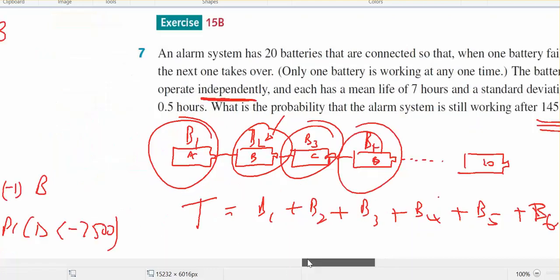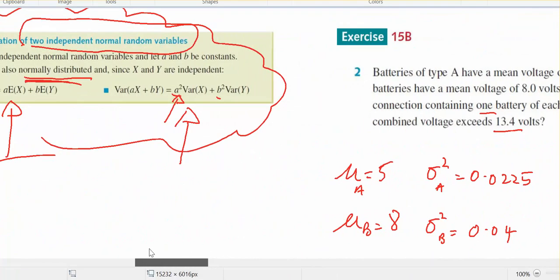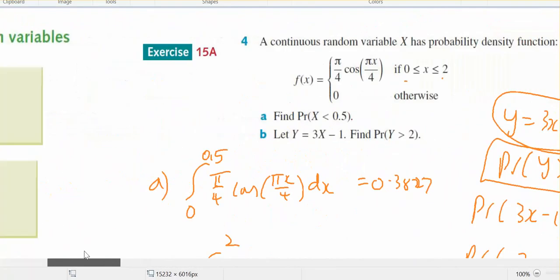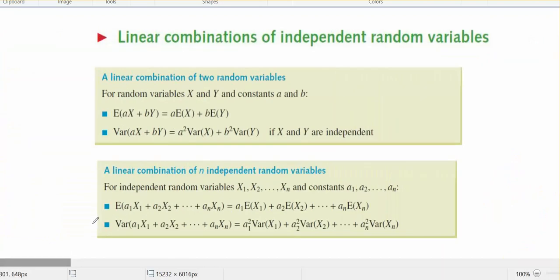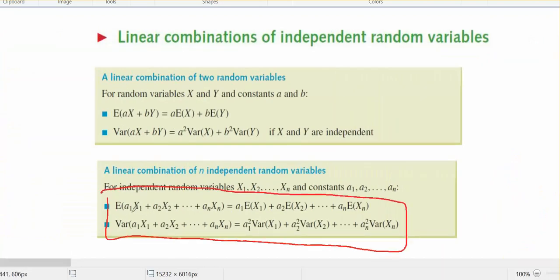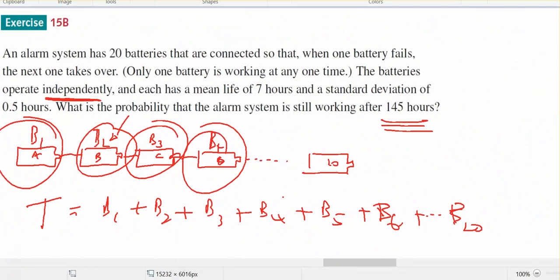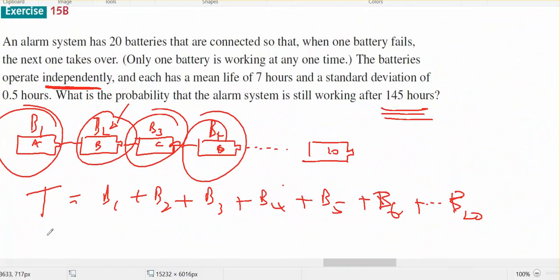So I believe we have independent events, and I can use these rules for the expected value of each of them being added together. I'll work out the expected value of each of them added together, and I'll do the same thing for the variances. Okay, so now that I've understood the context of the question, the expected value of T will be